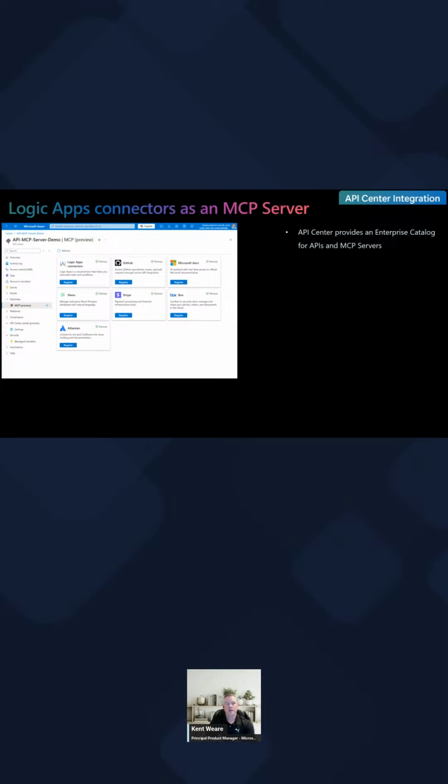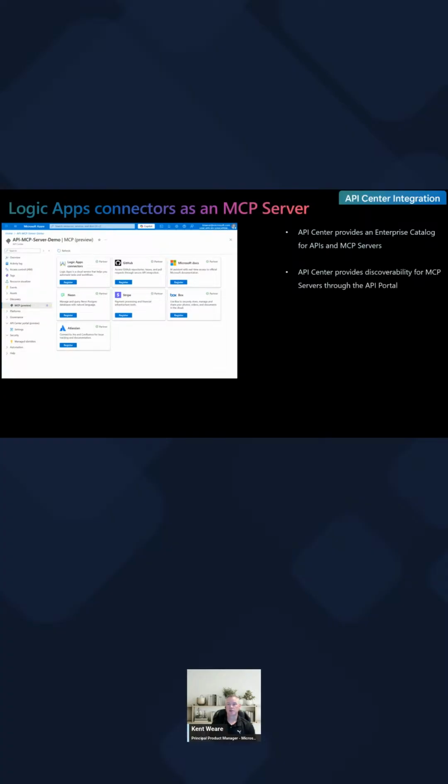Now, for those of you that may not be familiar with API Center, it is an enterprise catalog for APIs and MCP servers. I would say there are two personas typically involved with API Center. The first is your administrative lens, where you've got someone or people who manage your APIs for the organization, and you want to make sure those are discoverable so everyone can see them, and that you have some oversight in terms of what exists, what they are doing, how they are built, what security protocols and policies are being used, and you can manage it from an enterprise layer.